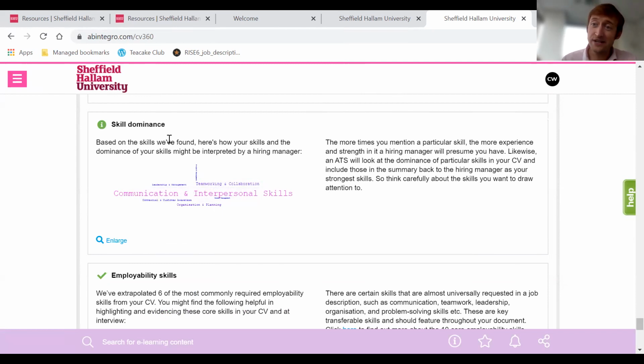So for example, in my CV, it's really picking out communication and interpersonal skills, which is, again, pretty good. That's what I want. A lot of the jobs that I've done have involved communication and interpersonal skills. A lot of the jobs that I would be applying for would require those skills. So that's absolutely fine. However, for you, you might put your CV in and it might bring up the same